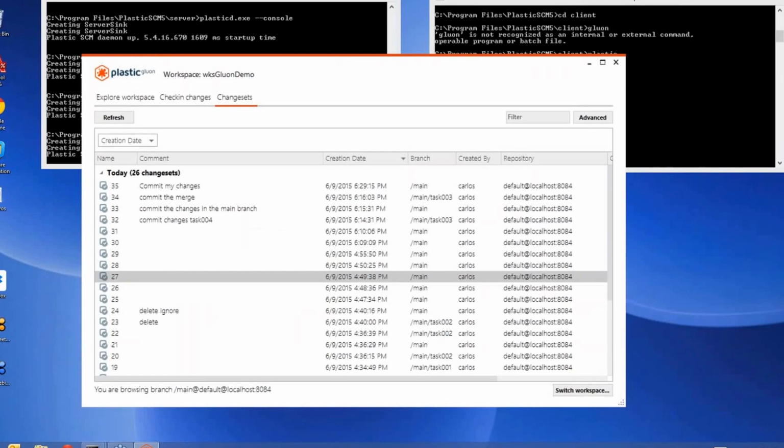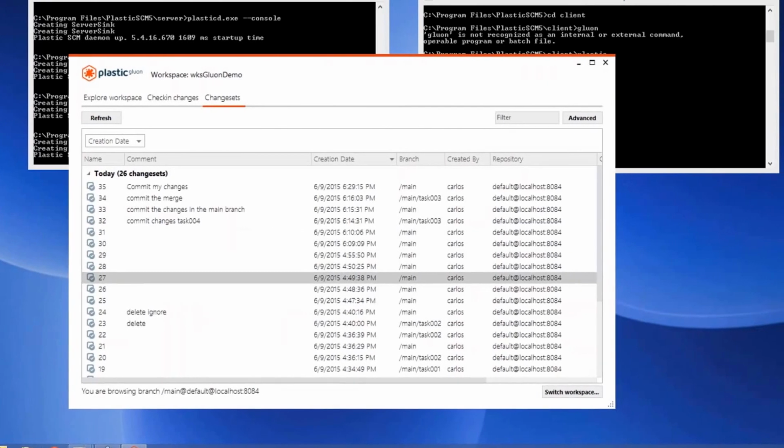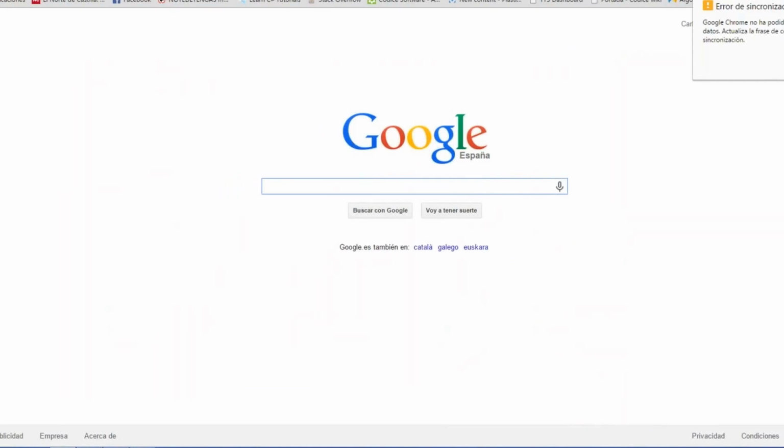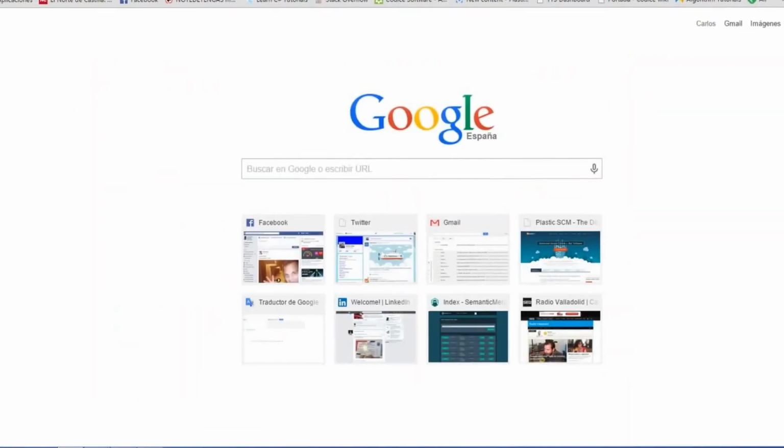Do we get to see differences in images? Yeah, actually, let me check. I don't have this ready for this demonstration, but there is a diff tool for performing diffs in images. By default, Plastic